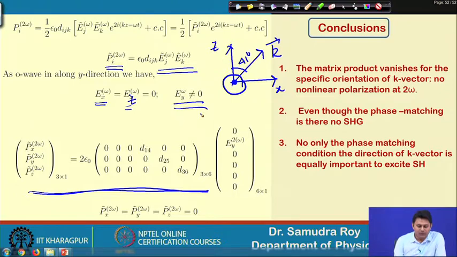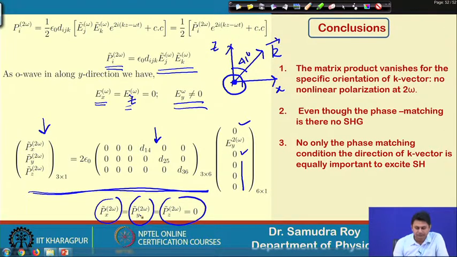So, now what will we do? We now know what E x, E y and E z are. E x and E z are 0, so all the other terms will be 0. The d matrix for the KDP crystal is given. This is my d matrix, and P x, P y, P z are there. We need to find out what P x, P y, P z are. Now, if I calculate this, we find an interesting thing: P x, P y, P z are all 0.